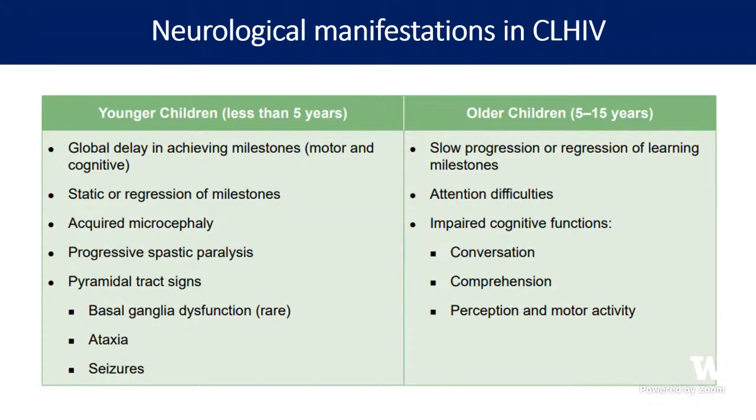Or they forget what they have learned; it doesn't come at all, or whatever has come, they keep forgetting. That is, the milestones which you have achieved. Say suppose the child is walking, the child starts to regress and is not able to walk. The child starts to only sit with support or stand with support. So that is what a regression is. Slow progression is when the child has not achieved that at all.